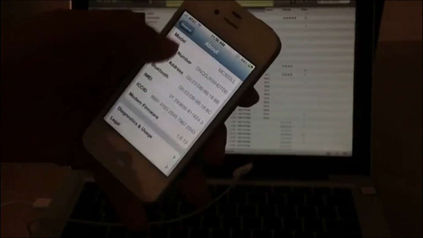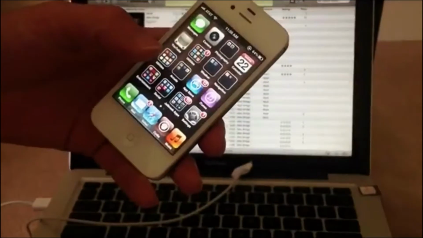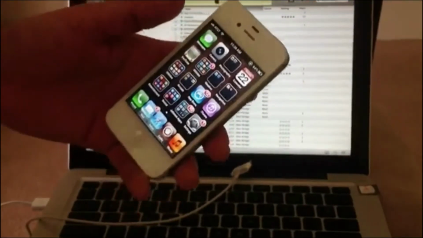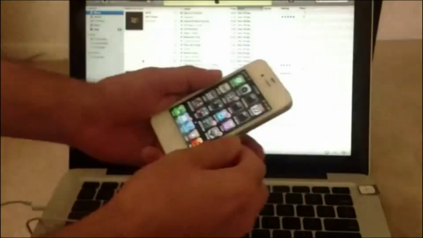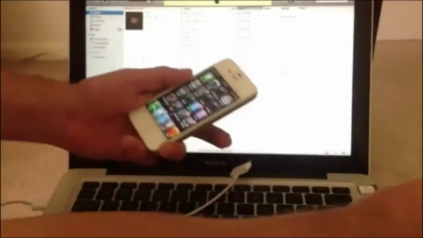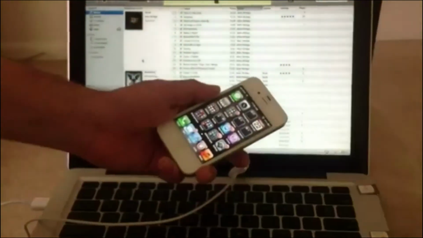So there it is. The carrier is AT&T. The operating system is 5.0.1. And the baseband will be 1.0.13. But like I said, it works from iOS 4.0 all the way to 5.1, all basebands. So let's go ahead and eject the SIM. I have a T-Mobile SIM card sitting right here that I'm going to be using to demonstrate that this phone